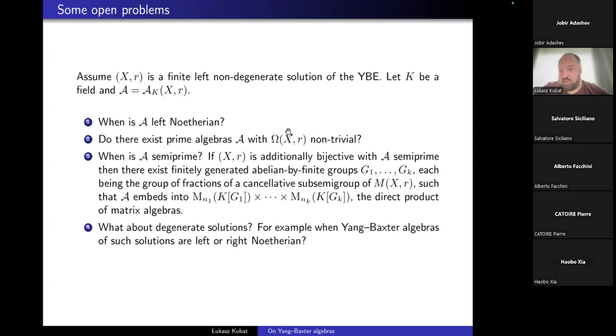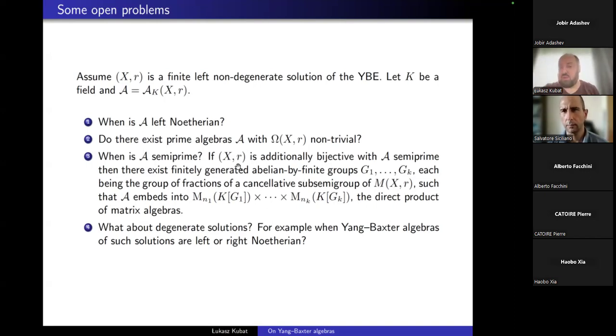We also do not know what happens. We know that there exists some finite group omega that controls primeness of our algebra, but we don't know the exact description of this group. And the description of this group is crucial because it controls primeness. We also have some necessary conditions for semi-primeness, but we don't know the sufficient conditions for primeness. And this is again important because